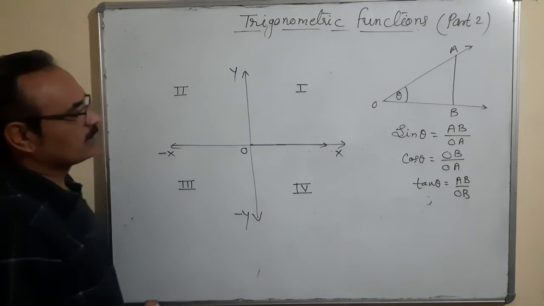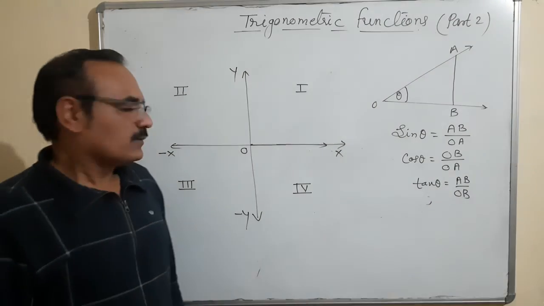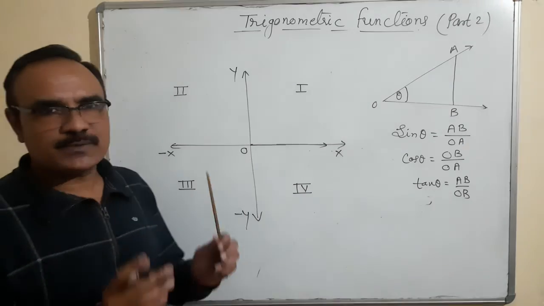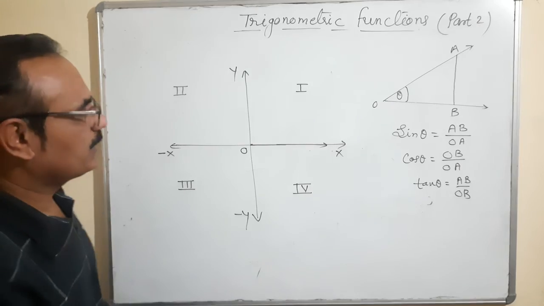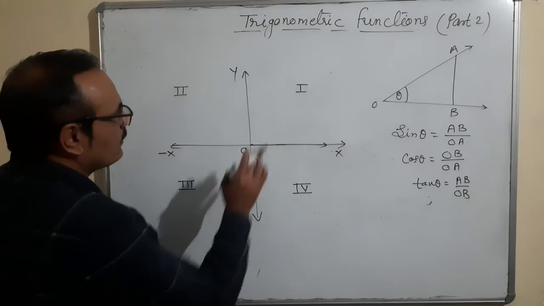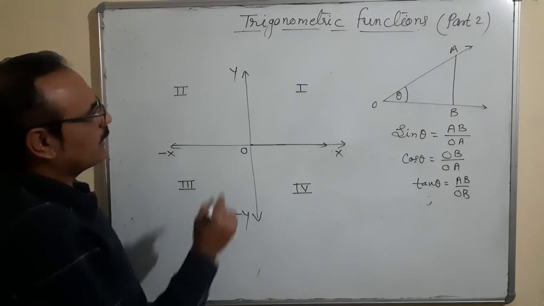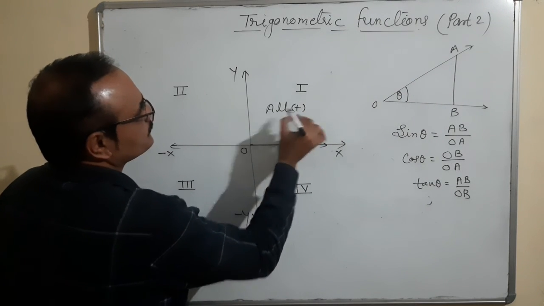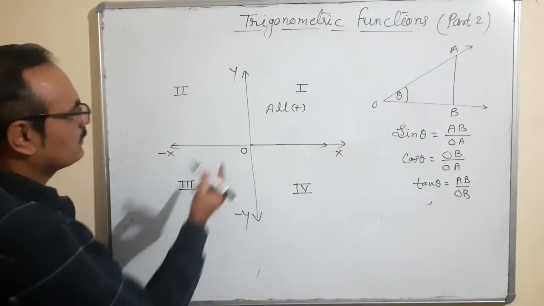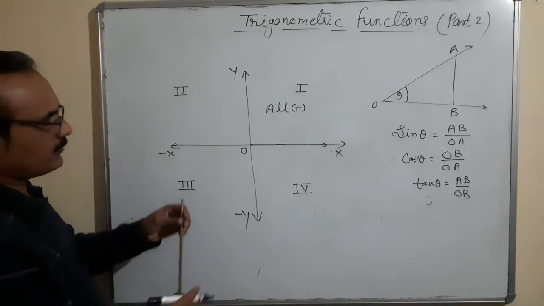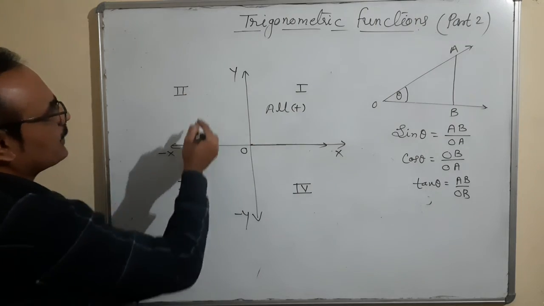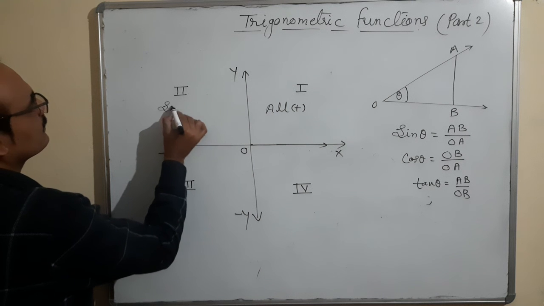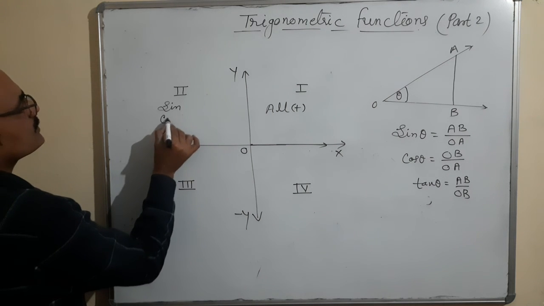Okay, so this is a very important point. I'm sure that you have your pen and paper with you. Write down this concept because it's the backbone of the chapter trigonometry. It is very, very useful for you. First, second, third, fourth. In the first, all are positive. In the second, if you are confused, you can write here: the perpendicular is positive, that means the perpendicular is used in sine, sine and cosec.